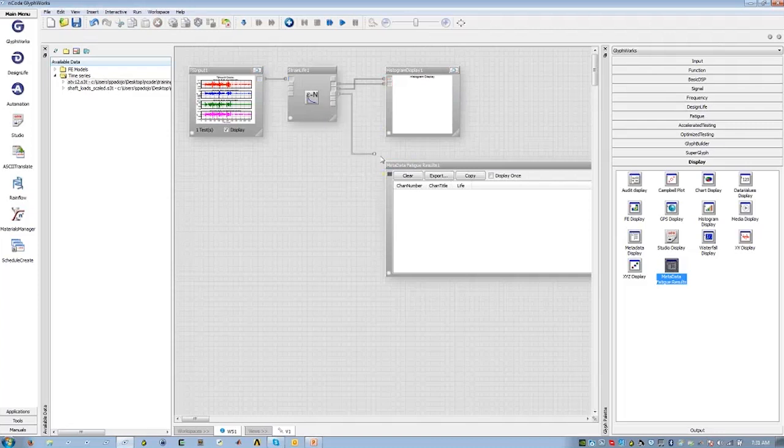I also want to look at the results of this calculation, so I'm going to connect that up there. So at this point, I'm almost ready to go. I've got my input data, my recorded strain histories, I've got my strain life calculation here in the middle, and then on the right side, I've got a couple displays that are going to allow me to view the results of this calculation after it's